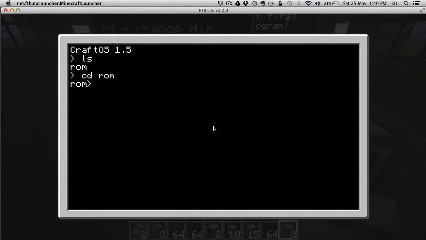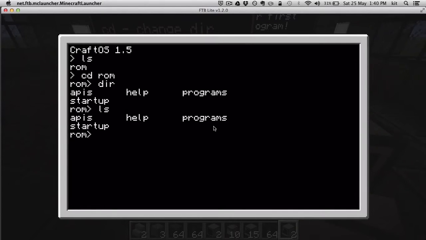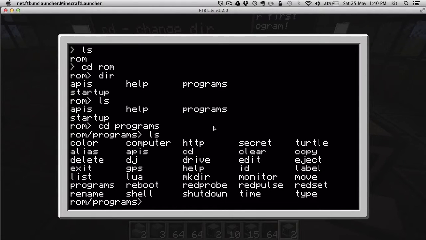But let's see what's in there. So we're going to change directory. And we could even type dir, which is the DOS command, or ls, which is the Linux equivalent, to list some files. We'll see there's a directory called program, so that seems like probably where we want to be. We'll go in there. And then we can see these are all the built-in commands that come with the ComputerCraft computer. And the one we want is dj. So we'll type dj, and